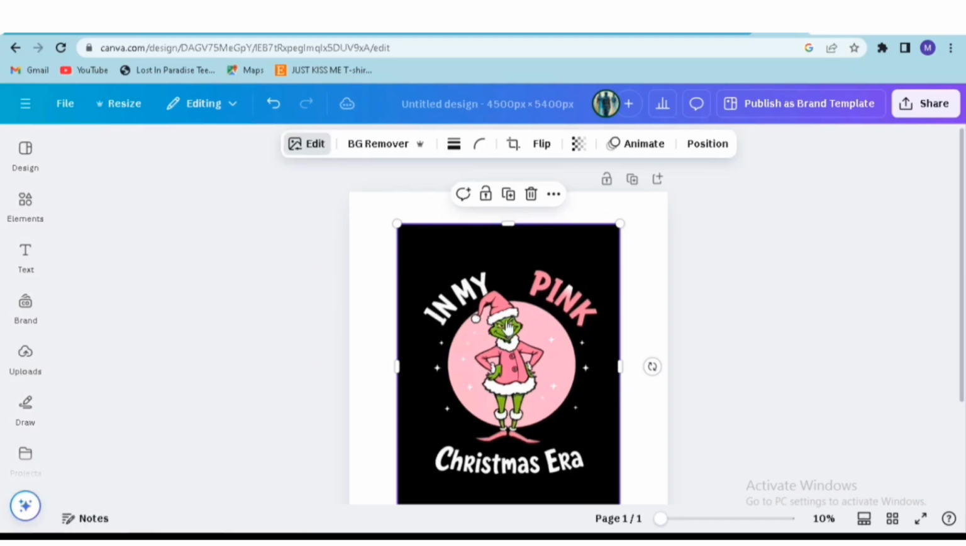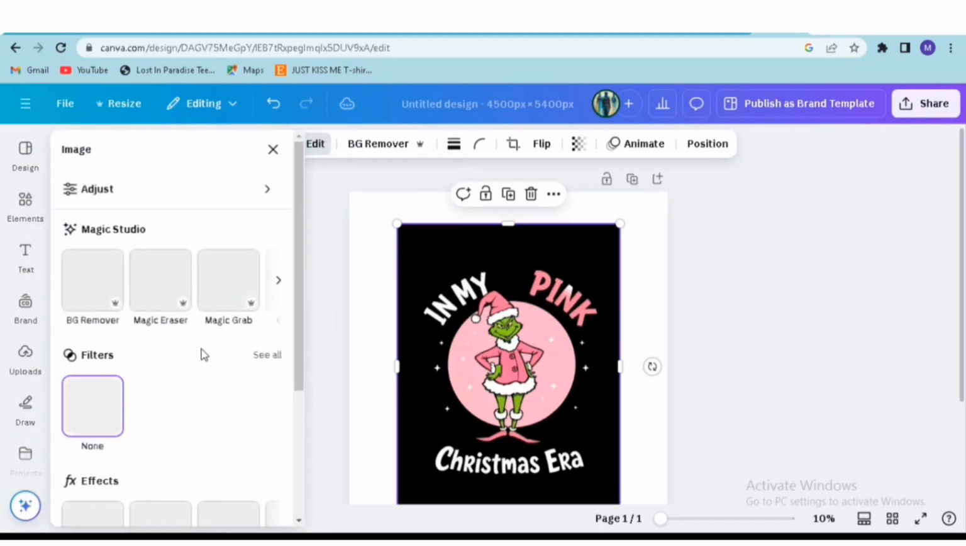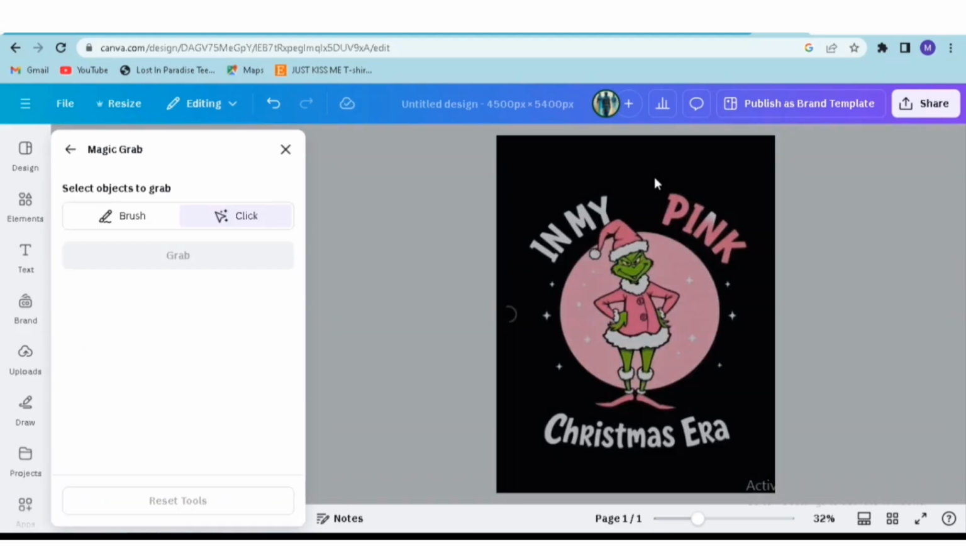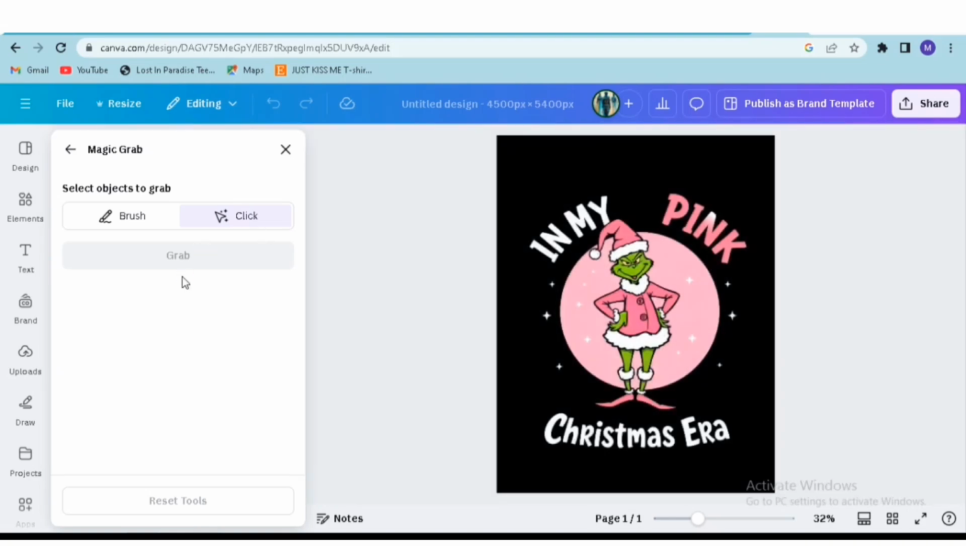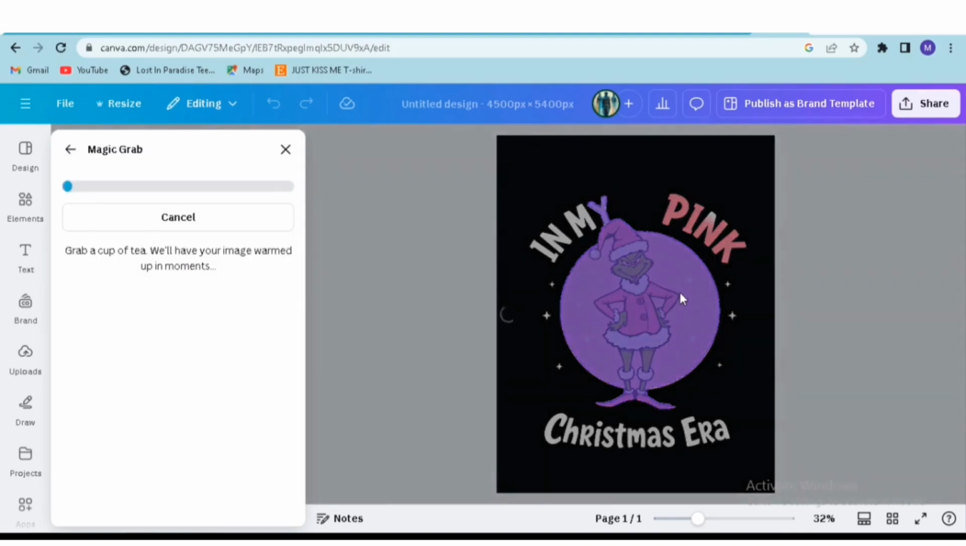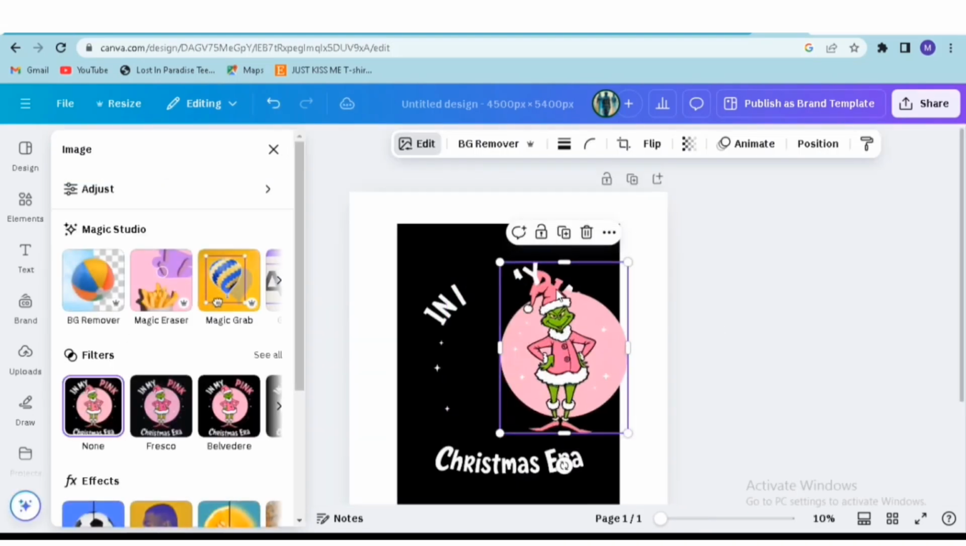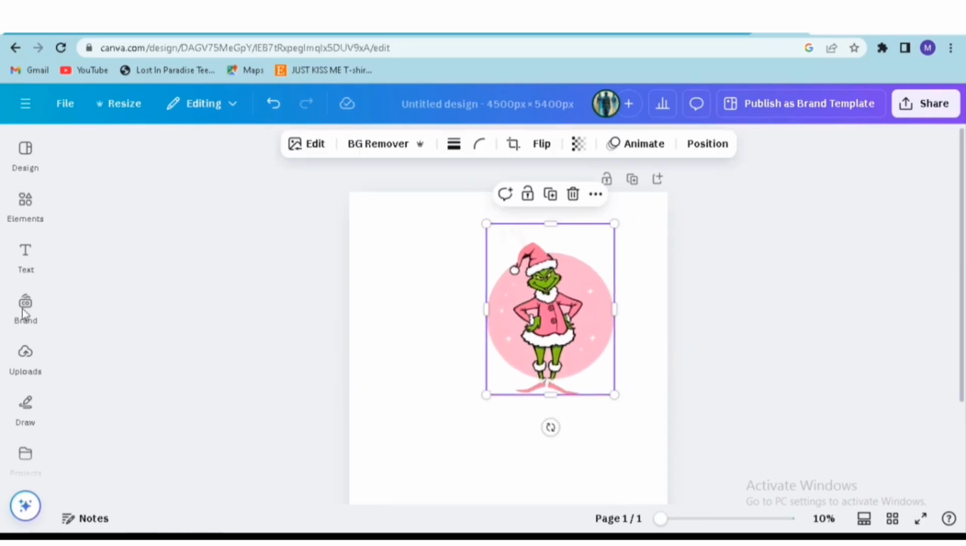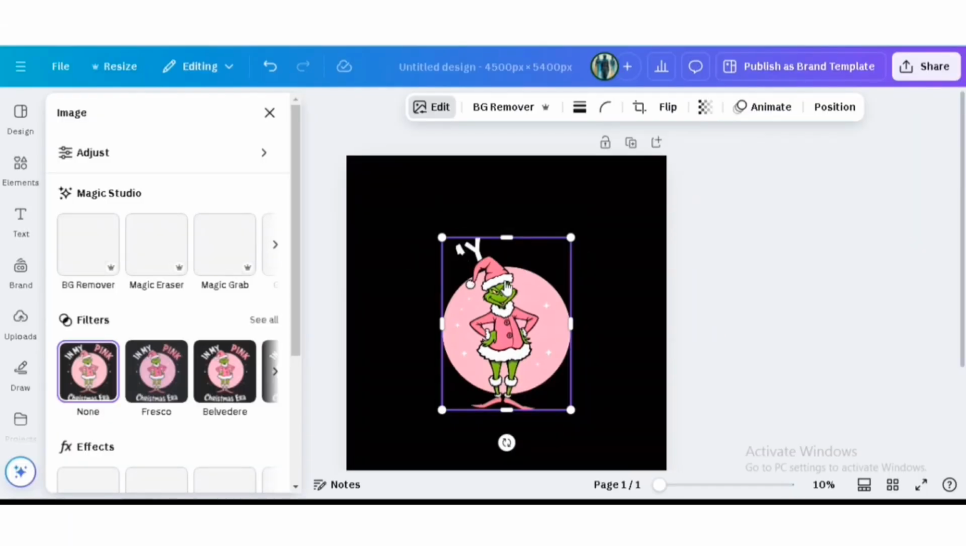So first of all we will go to the edit option, and here we have the tool, the grab image tool. I'm using this tool. You have to simply click on the image and it will grab the Grinch image from this file. Later on we will clean this file using the erase tool, and here you can see it grabbed the image. We will delete the rest of the file, so we don't need the shoes in this